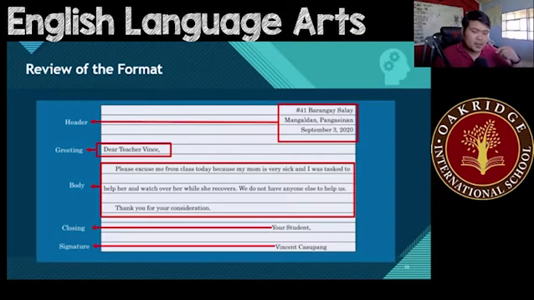So, this is a review again of the format. You have the header, address line 1, address line 2, and the date. The greeting, the body, the closing remarks, and the signature. But in a letter of invitation, kids, there is no header. For this one that you're going to do, you're not going to include the header at all. You're going to put on top the activity title, the date, and everything. But for the letter itself, you will no longer include a header.